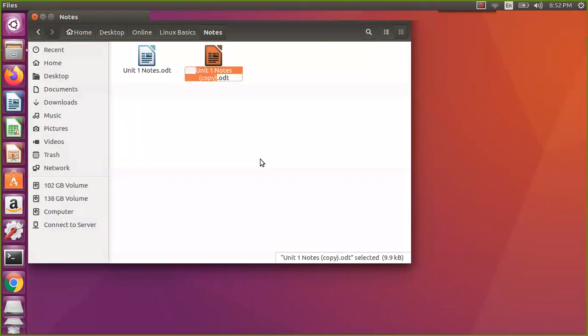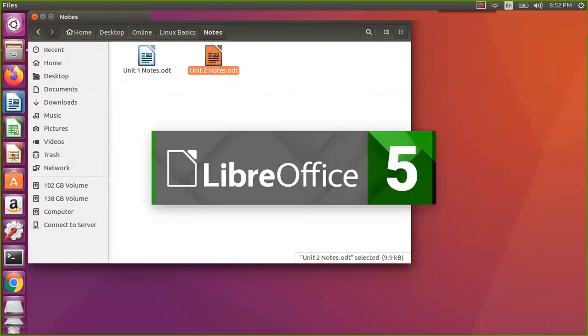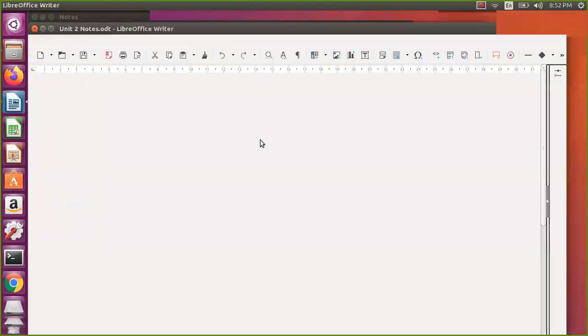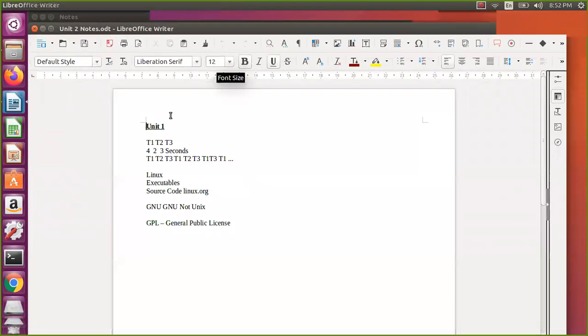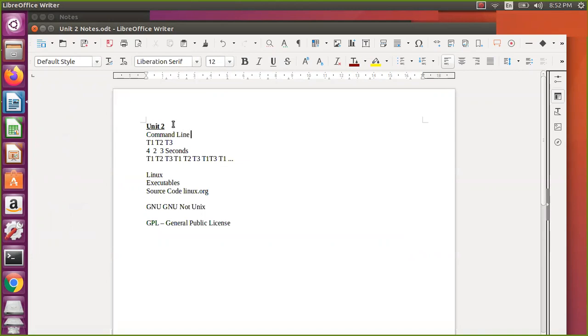So I'll rename it as 2. Okay, as of now, we will have this unit notes. Today's topic is command line structure.